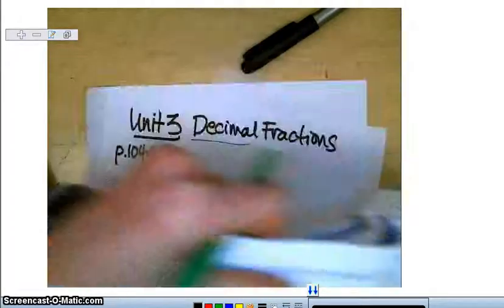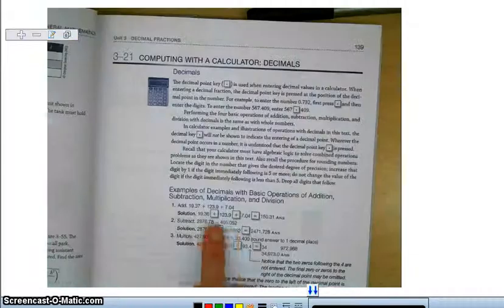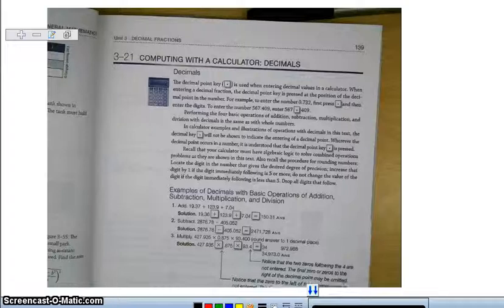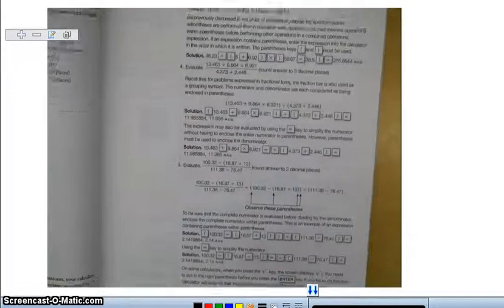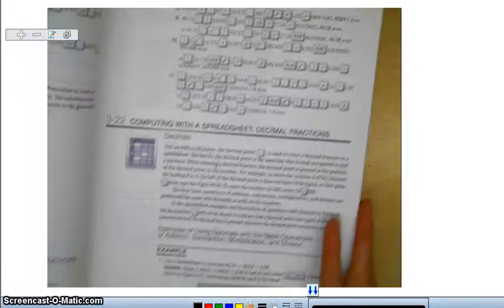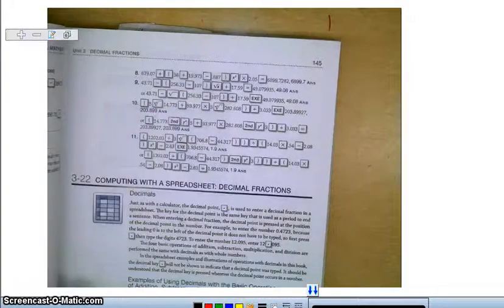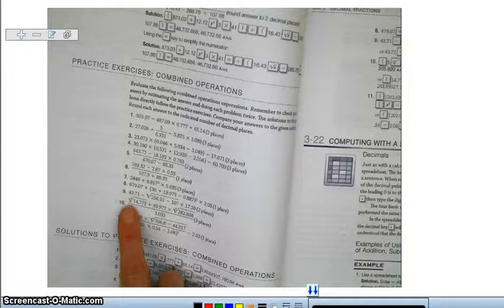In the back of Section 3 or Unit 3, they have computing with a calculator, and they've got decimals, and they basically tell you exactly what buttons to push for a lot of these problems. The parts of this that will be helpful to you are the squaring and the cubing and that kind of thing. It does go through some of the keystrokes, like showing you how to do roots and powers. So if you just take a look at number 10, it's a problem that has the fifth root of